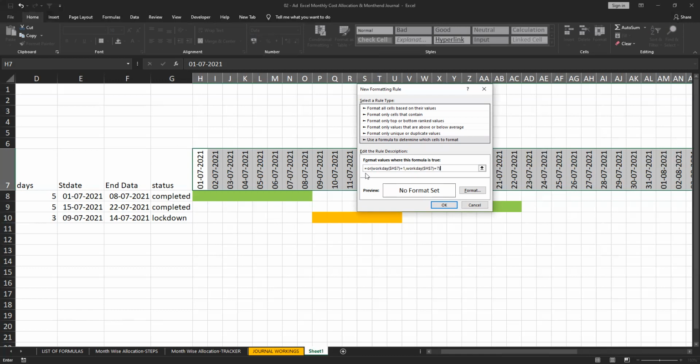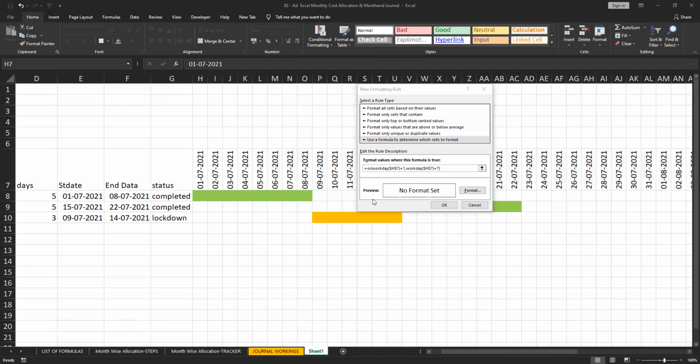Now within this, when you select the formula, you may reconnect, so please reconnect it. Okay, hello.